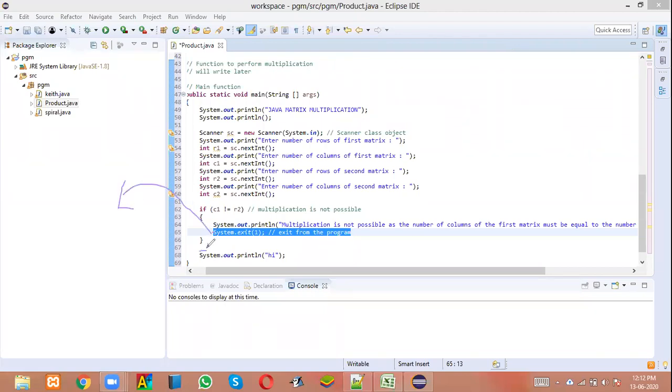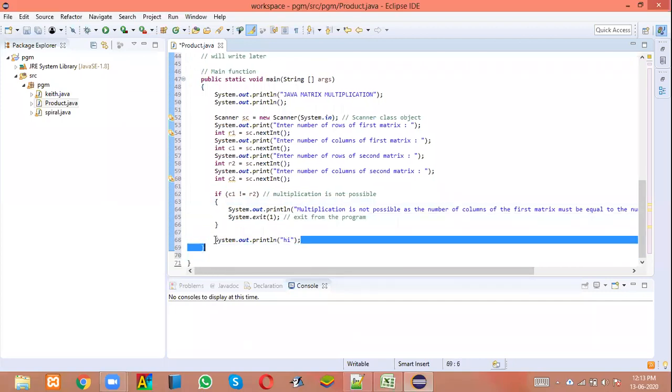It won't even reach here. So this is the idea of writing System.exit. System.exit is a kind of break statement. In a for loop, you will write break. Similarly, if you want to exit from the full function, you will write System.exit of 1. We don't want the compiler to proceed because we know that definitely multiplication is not possible. Is it clear? Okay.